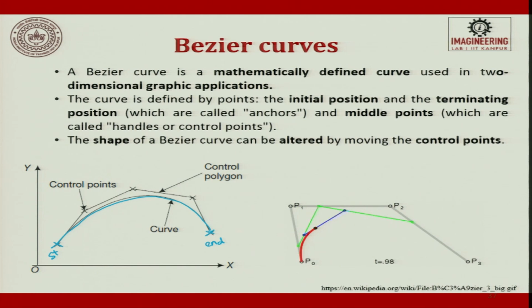So, what you will do is you will define some more points in between the 2 points such that it tries to form a curve. Now, what are these points which you have defined? These points are called control points. By pulling the control point left and right, the curve shape changes. So, the shape of the Bezier curve can be altered by moving the control points.